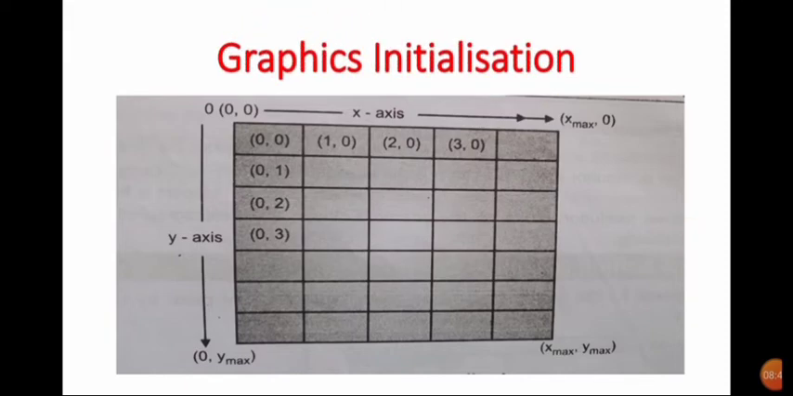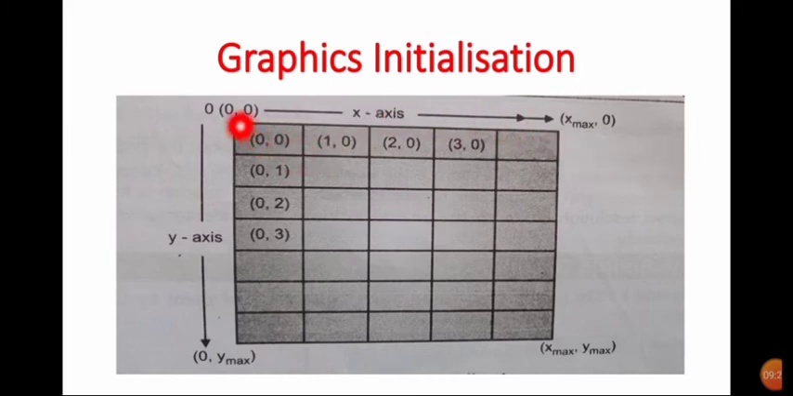How are the graphics initialized? As I told you, graphics means picture. So that picture can be represented or initialized by using x-axis and y-axis. Here the x-axis is represented in the horizontal way. Just observe the coordinate xmax comma 0. That means the y coordinate is 0, hence all y coordinates are 0. Only xmax varies in the horizontal